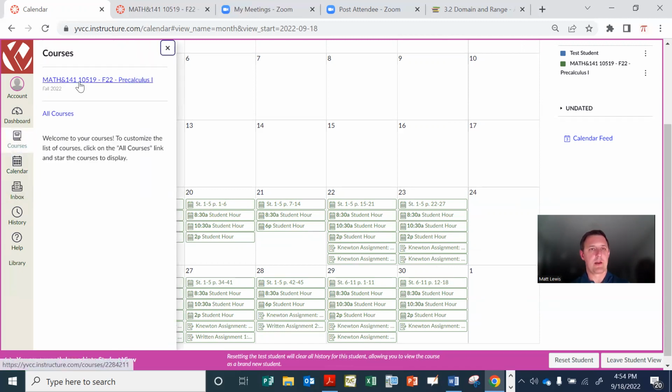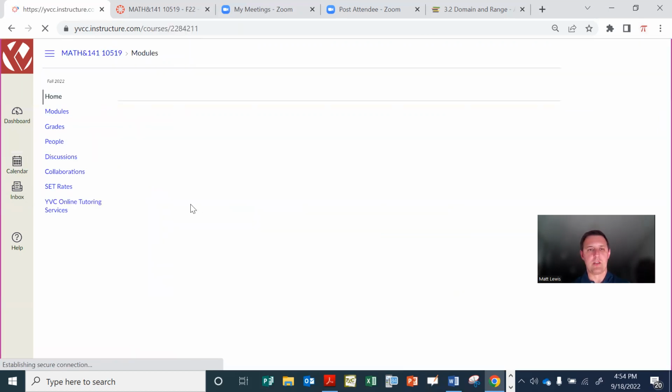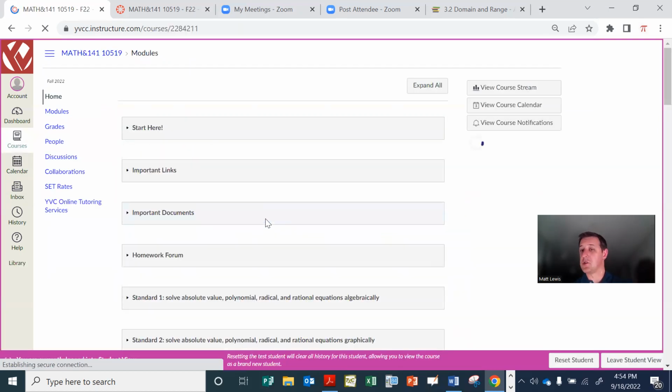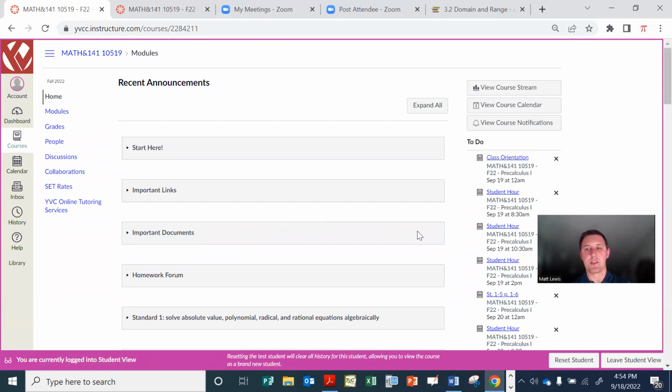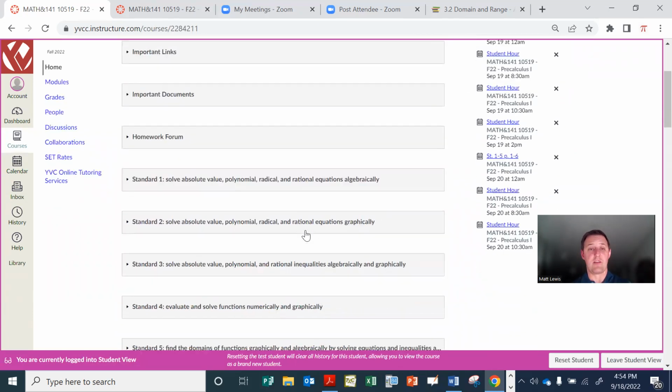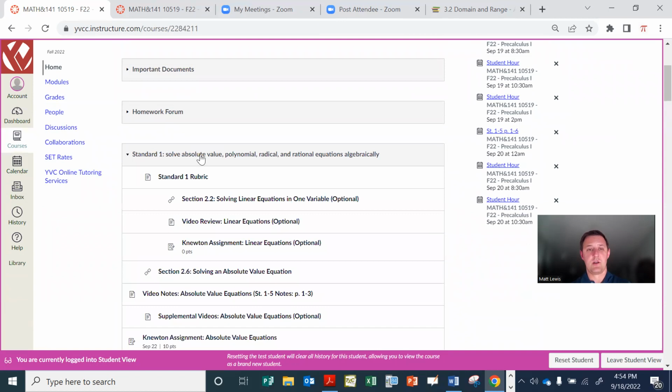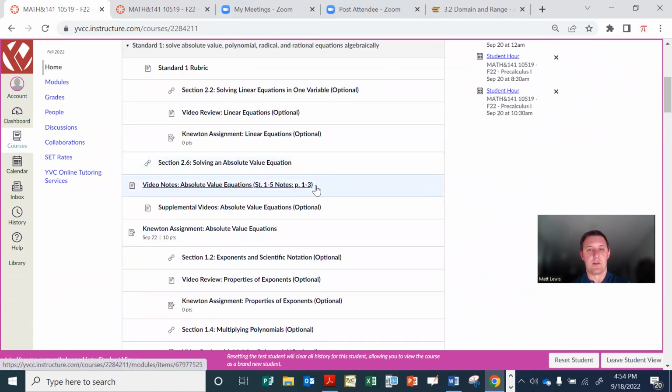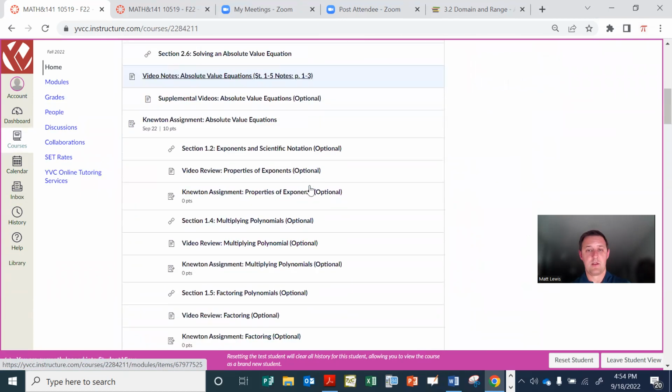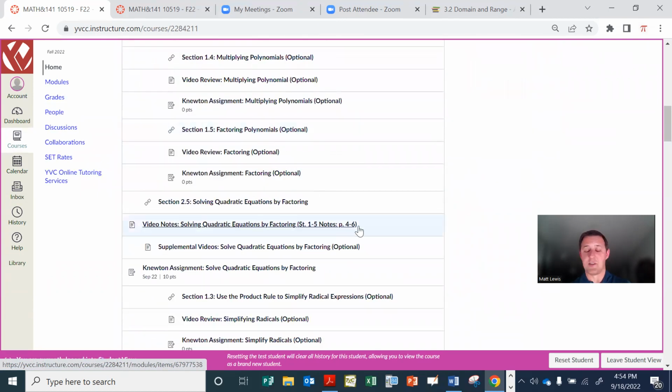I'm going to go back. And just to, like I said, tomorrow, standards 1 through 5, pages 1 through 6. There it is right there. Here's standards 1 through 5 notes, pages 1 through 3. And then down here is pages 4 through 6. So you know you should do both of those on Tuesday at the latest, and then also start working on